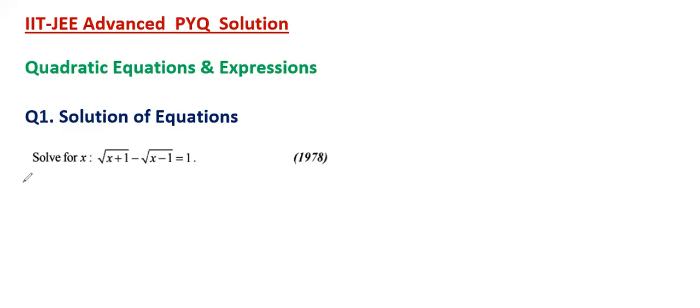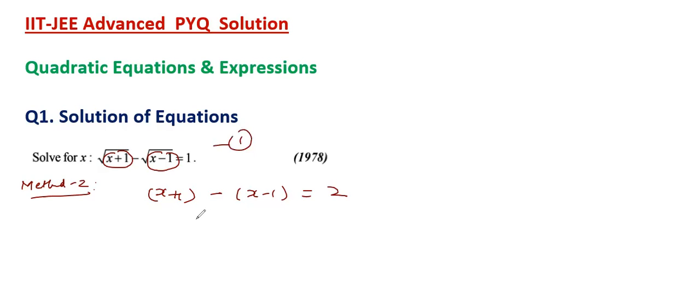There is another method, method 2. Method 2 will be helpful in harder questions. Method 2 is like this. We will take this without square root, and we are going to subtract these two. If we get a constant, then method 2 is possible. How? Let this be number 1, and from here we can say this is a square minus b square formula.